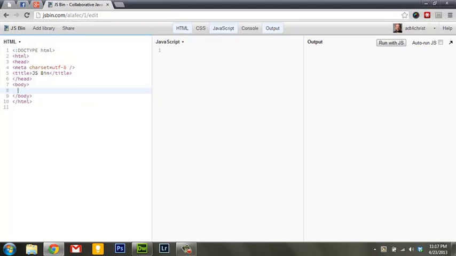Alright, so we're going to look today at how to use HTML5 video and audio objects within our HTML and learn how we can use the APIs for them in JavaScript to make changes to them. Okay, so the biggest thing about HTML5 video and audio is that we have access to every bit of the